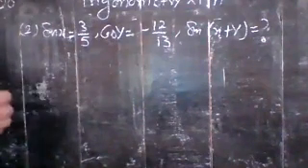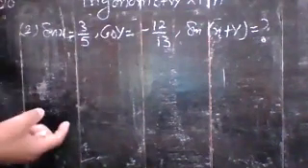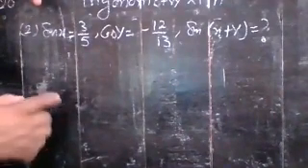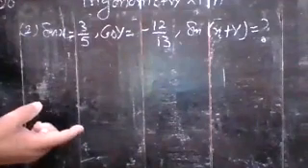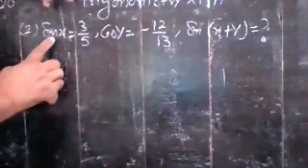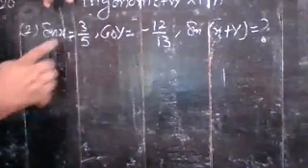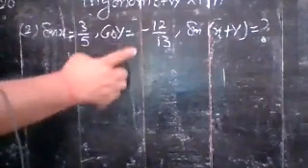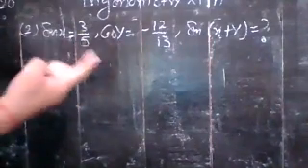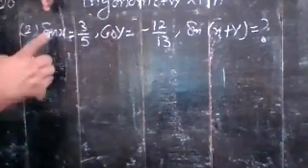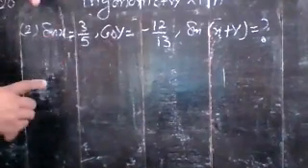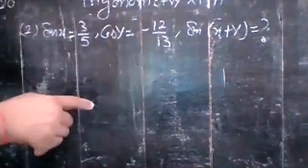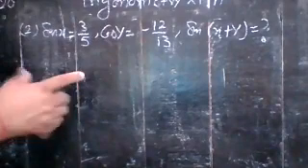If you apply the identity of sine x plus y, you have sine x plus y is equal to sine x cos y plus cos x sine y. Just see, you have the value of sine x, but there will be a need of cos x also, and here you have the value of cos y, so there will be a need of sine y also. So if sine x is given, try to find the value of cos x, and since cos y is given, find the value of sine y, by using the identity.